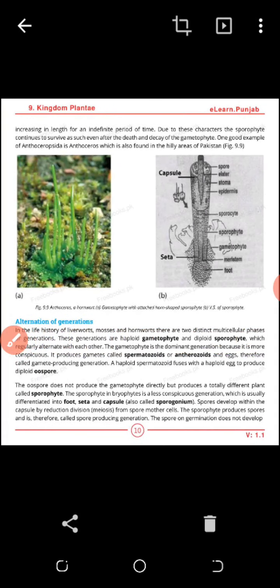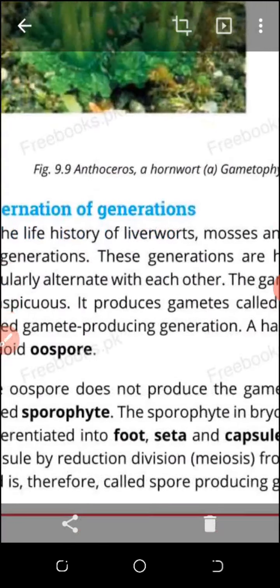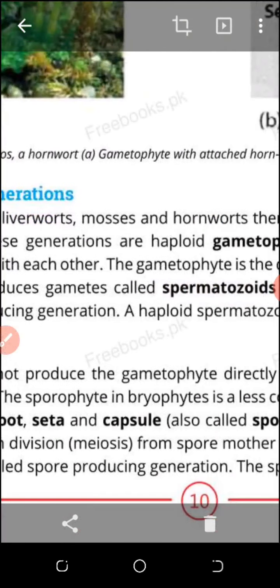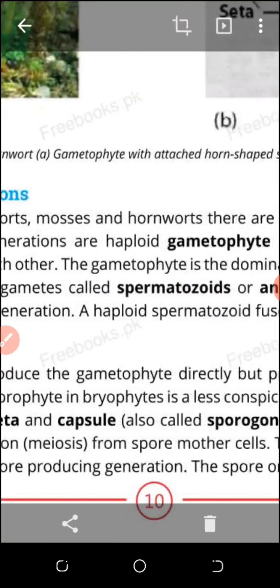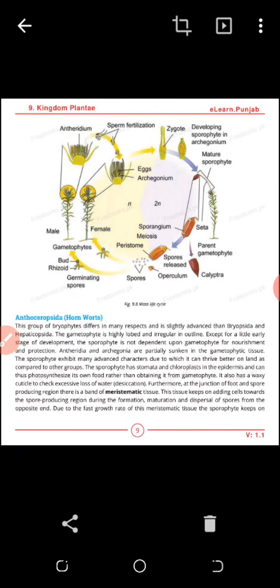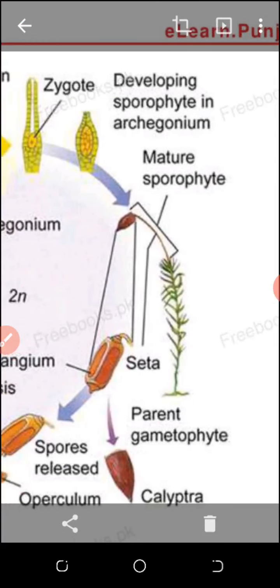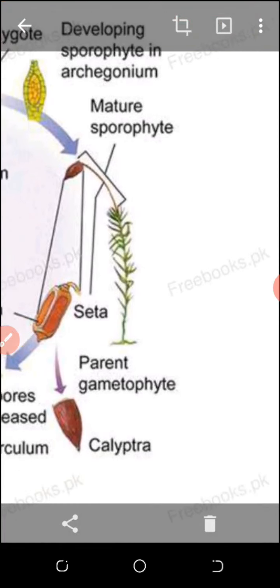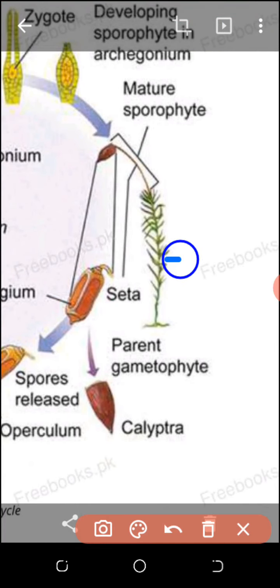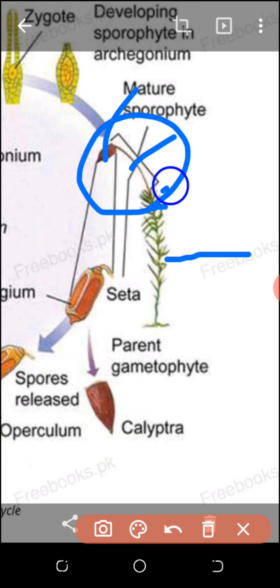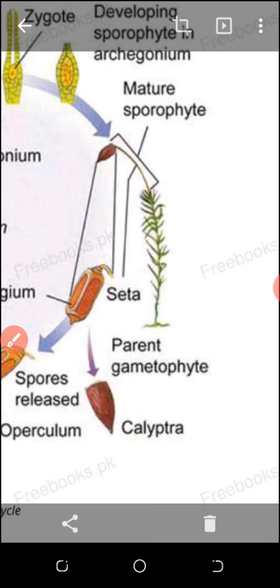The life cycle of all these three groups of the Bryophyta is the same. That alternation of generation I explained just a moment before. Foot, seta, capsule you are watching. Spermatozoids means sperms, and oospore means zygote here in this case. This is the typical alternation of generation of the Bryophyta. You can see this is the gametophyte plant. I will label this is the gametophyte plant, and the gametophyte plant has the sporophyte. This is the sporophyte. Foot, seta, capsule I explained, and sporangia, here the sporangium is present, and sporangia will release